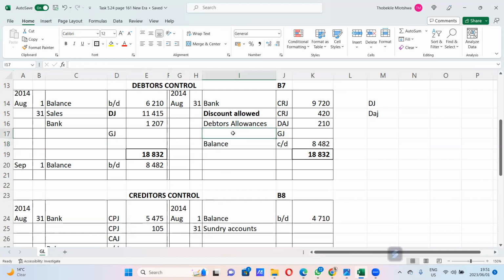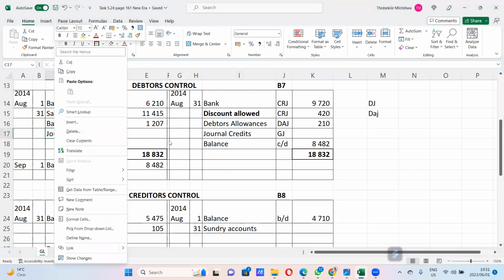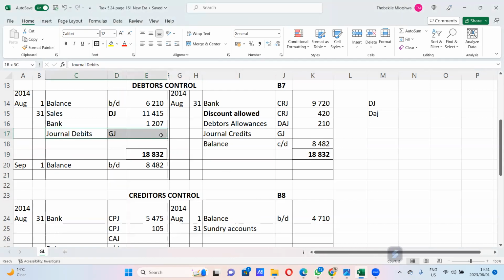So if it's on the credit side, it doesn't matter what it is, you call it general credits, on the credit side. So it's like the total of everything that you did in the GJ. And then you call this general debits. That's how it works. Doesn't matter the amount, I just want you to know. So now, I'm going to highlight this. What I can ask you here is,